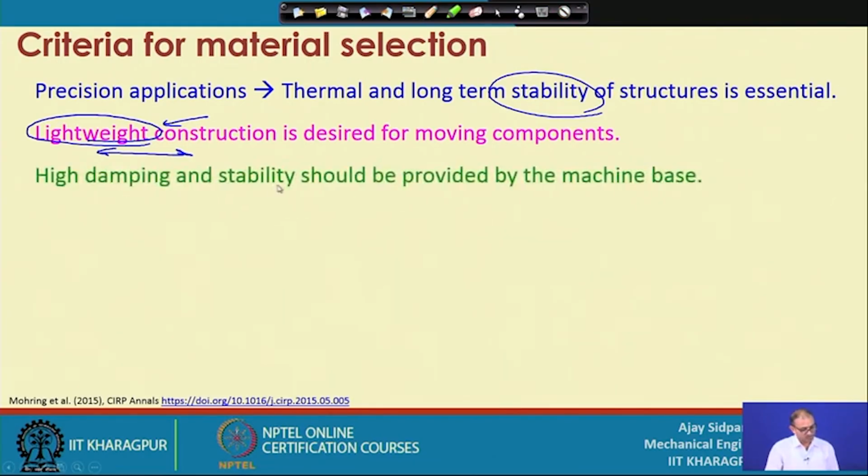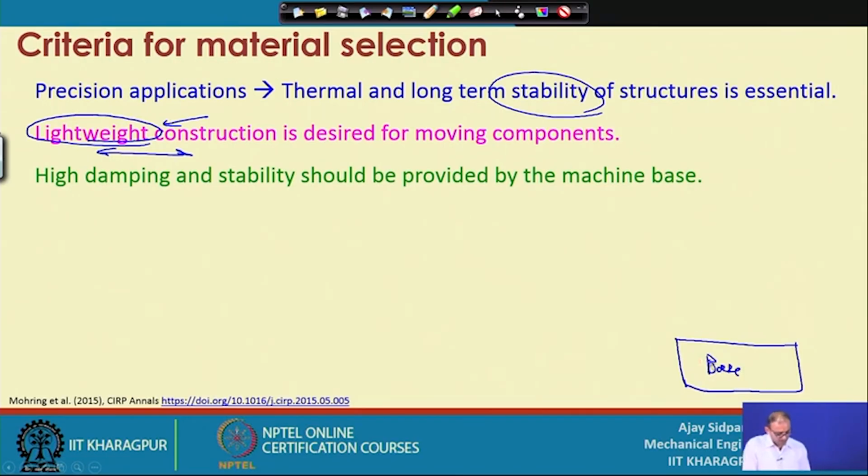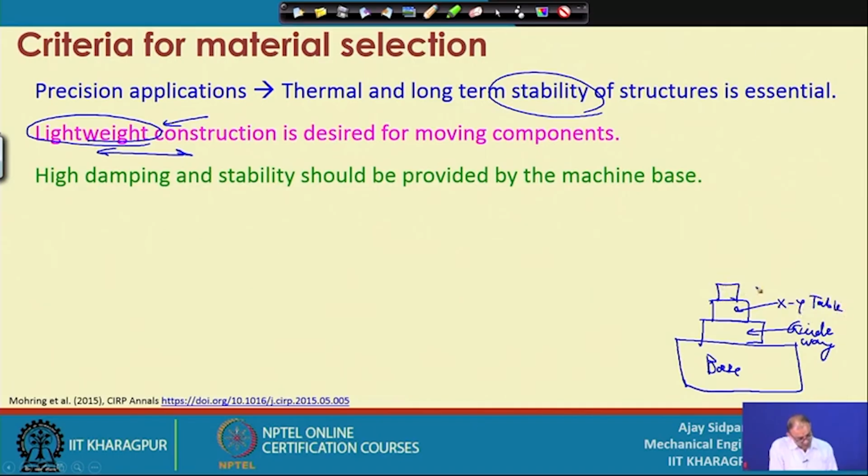Then the high damping and stability should be provided by the machine base. So, now what is important, because we know that our base is very important. Now, consider this is the base. Now, what is the problem if your base has no high damping or stability? Now, we know that we are putting the guideway here on the top. On the guideway, what we have, XY table. On the top we have a workpiece fixture, and on the top we have workpiece,